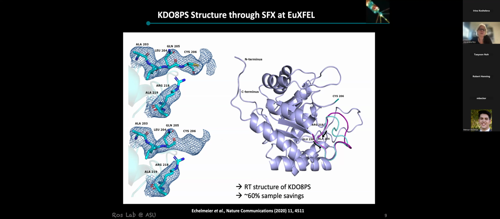So we obtained the room temperature structure of this enzyme, KDO8PS. This was in a non-synchronized mode. This was really just using our droplet injector, and we already got sample savings of about 60% compared to a continuous GDVN injection. So this was promising, but we wanted to become better and reach these larger than 90% sample savings